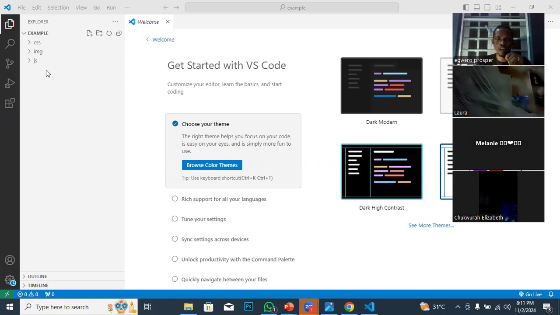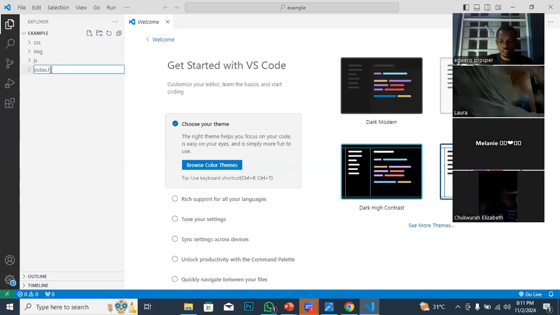And that is the reason why your HTML file should not be inside any other folder other than what? The example, which is the first folder. So how do I know that I'm in the first folder? Like I said, using this arrow. Just click here. You will see this frame selection. Now navigate to this icon, which means what? New file. So once you click on it, it will open a text box ready to receive your file name. And the file name, like I just said, is called